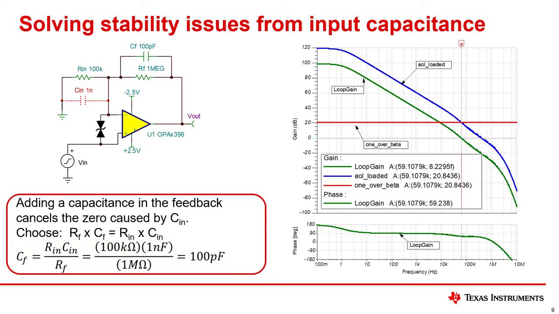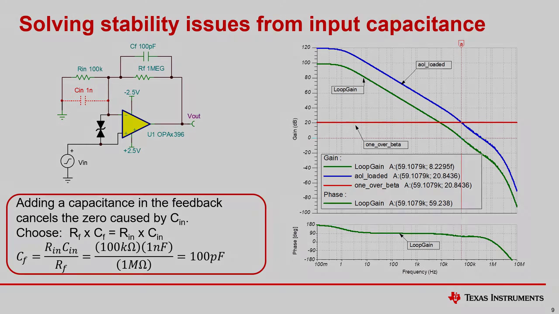Reviewing the open loop analysis shows that 1 over beta is flat across all frequencies and the phase margin is 59 degrees. This method of balancing the pole and zero produces a robust solution compared to the minimal capacitance solution, as variation in component values should not impact stability. In the case of the minimal capacitance solution, variations in the feedback or input capacitance could make the circuit unstable. The approach is also popular because of its simplicity. Later, we will compare the bandwidth and noise for multiple feedback capacitor options.